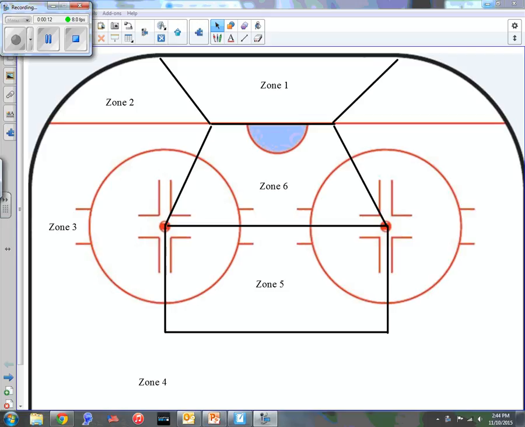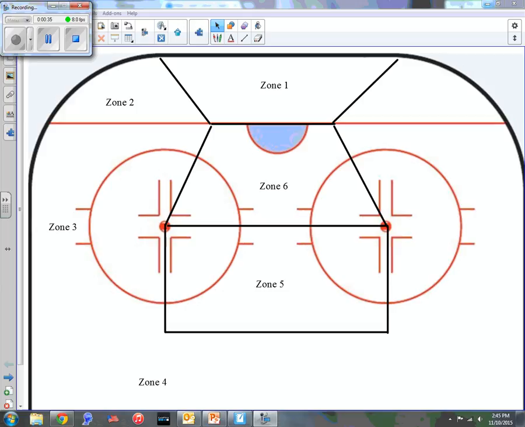So what I wanted to do was send you something to talk through some of the changes and thought process that we're going through in hockey. Here we have a rink diagram that's a little different than some, but it's used by a lot of different places. The idea is to identify different areas that the puck is in and start to figure out a little bit more systematically how we approach goaltending.